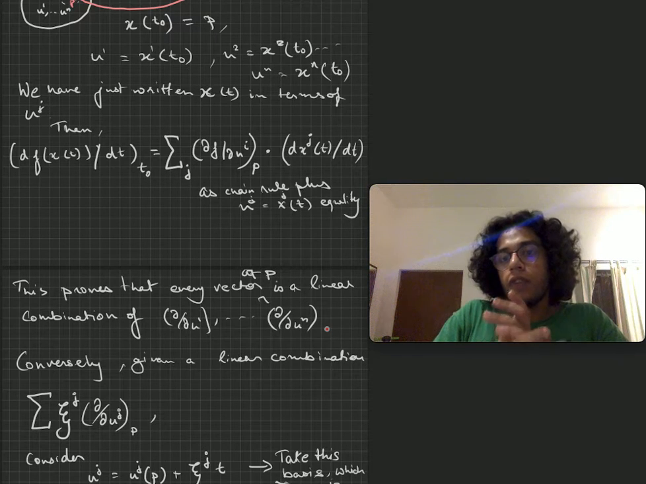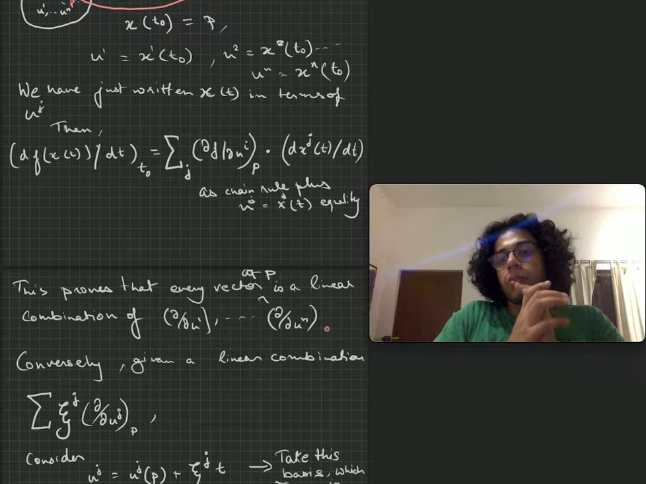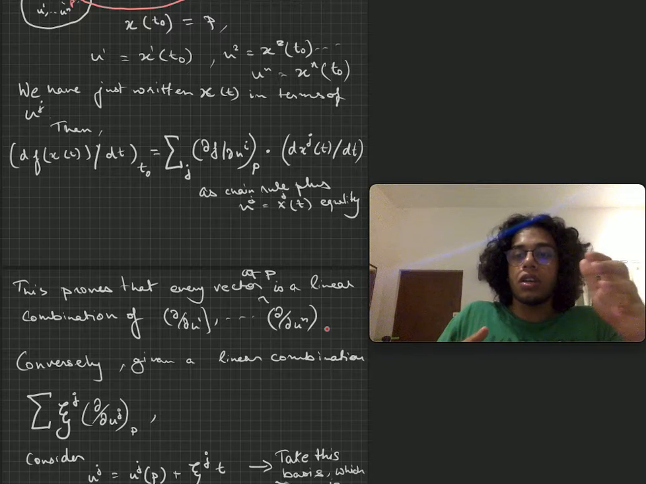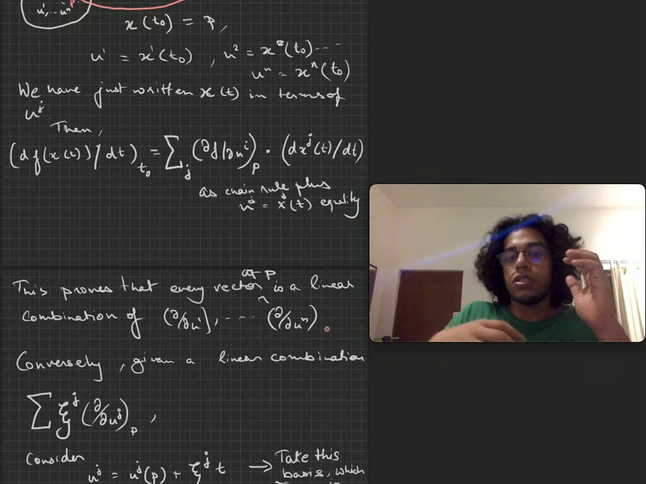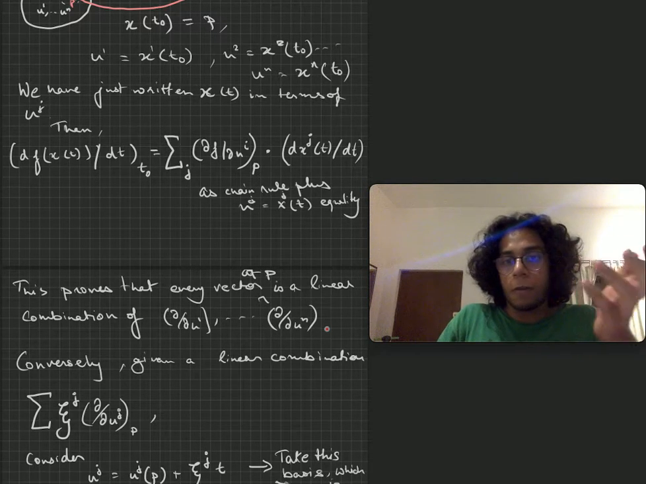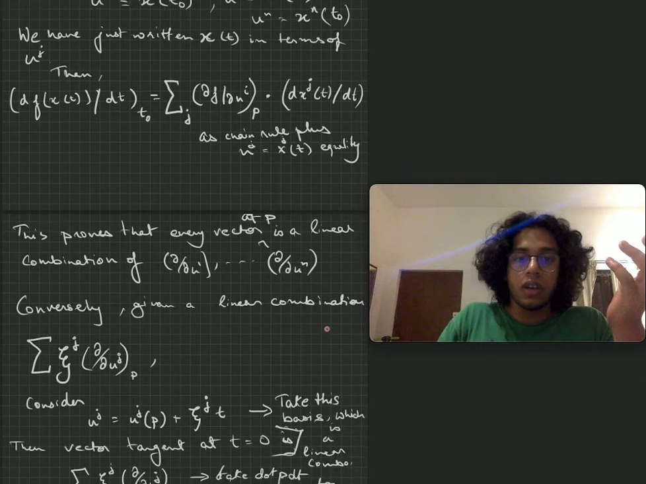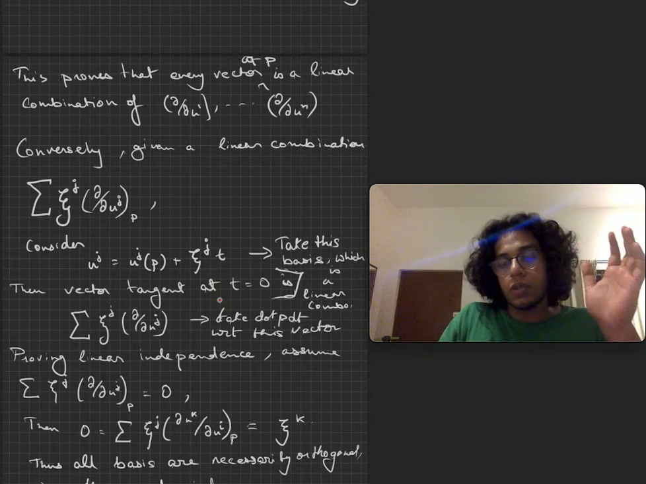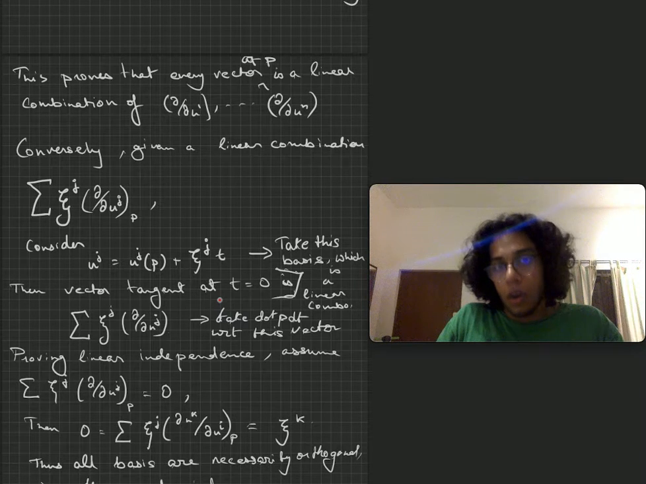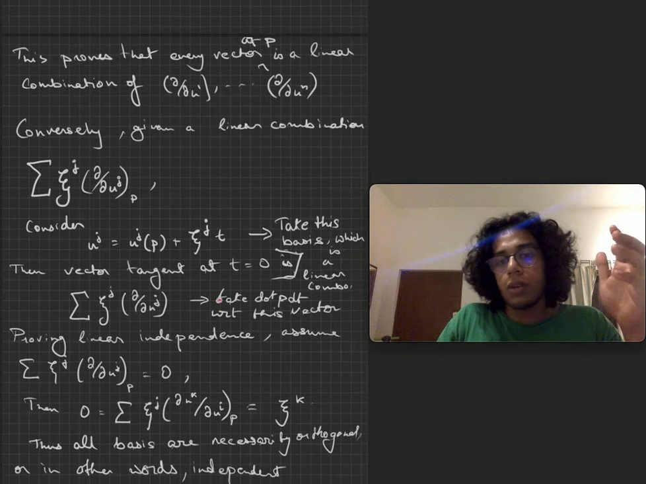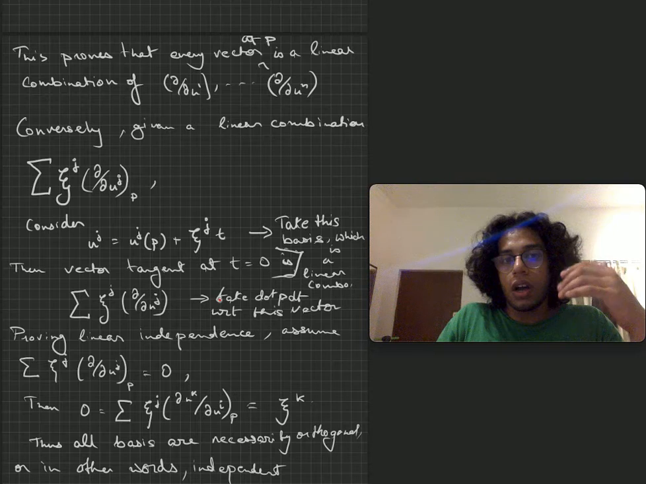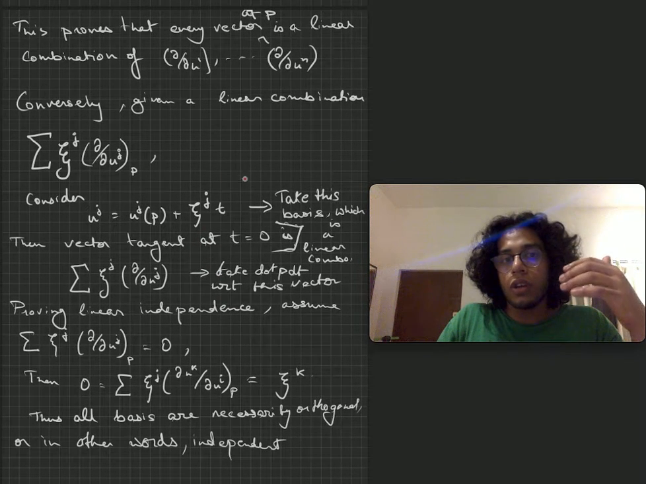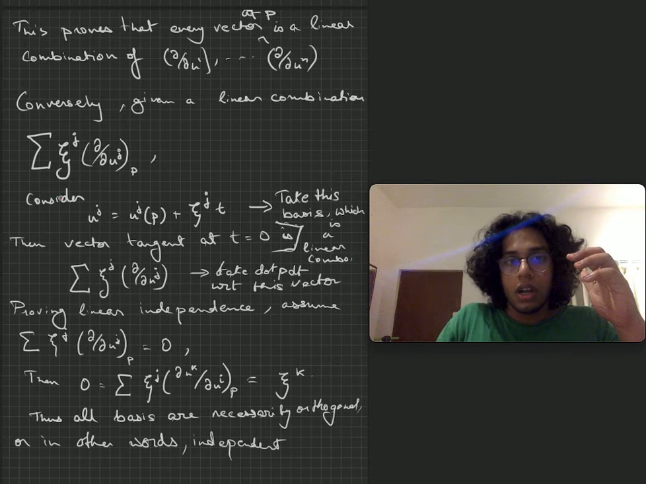So if you have a vector in a vector space, it can be written as a linear combination of its basis, okay? Now conversely, what we want to do now is assume that you are given a linear combination,